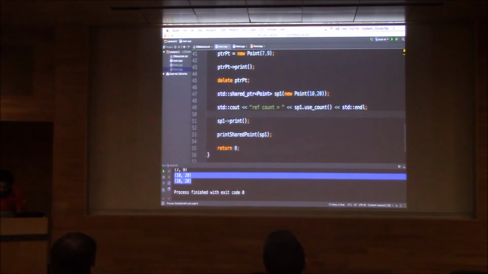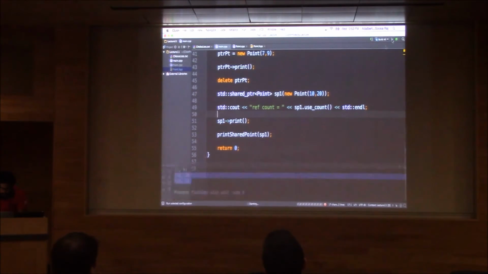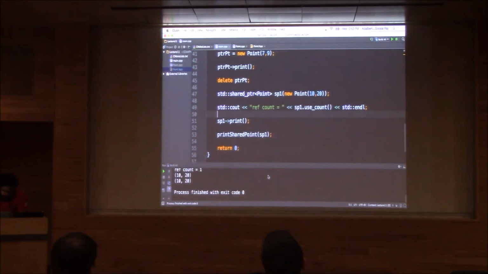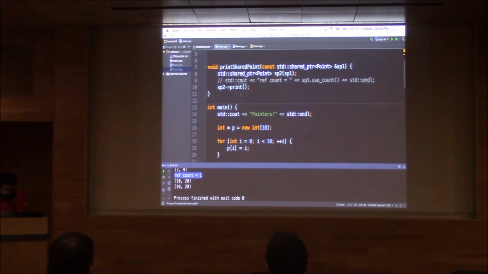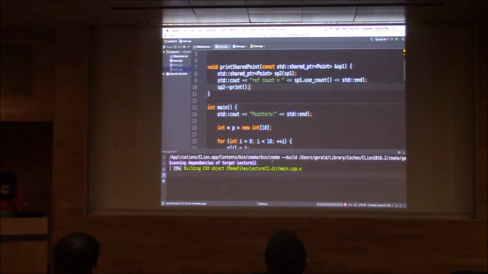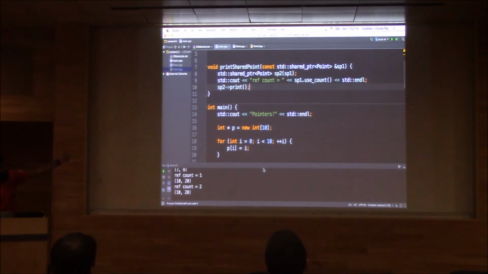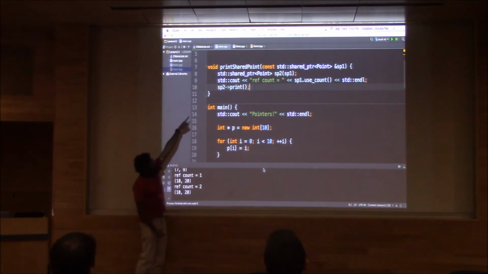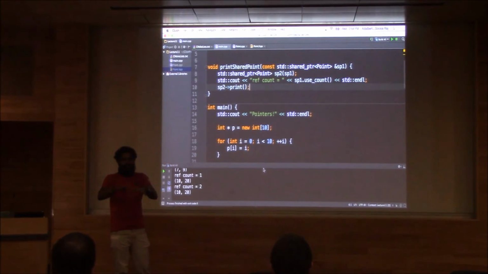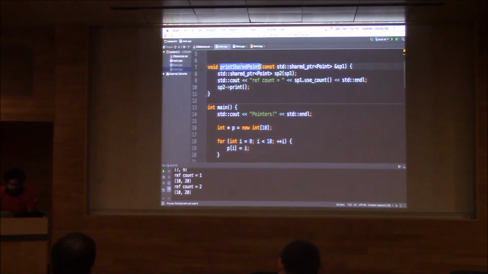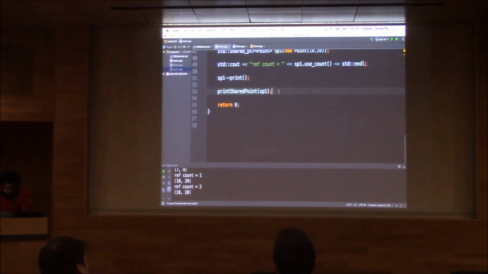And when we just do this, see here, at this time there is only one person using it, which is SP1. But if you have the same line within your function, after SP2 is also pointing to it, you would have ref count 1 and ref count 2. So when inside this particular function there are two pointers, SP1 and SP2, pointing to the same dynamic memory. And after this function ends, after print shared point, if we try to print